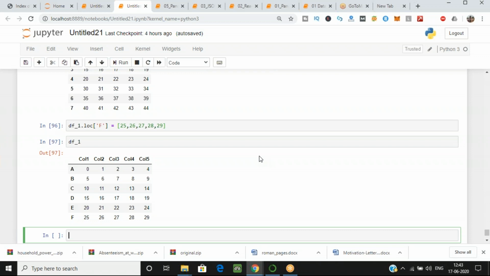I have given you another task also, that you have to create a dictionary, and you have to create a data frame from that dictionary. Have you done that? Okay. How have you done that? It was very easy, right? There was no problem in that. Okay, great.